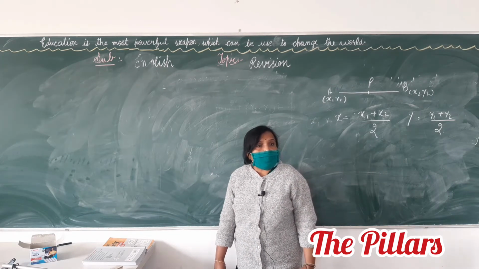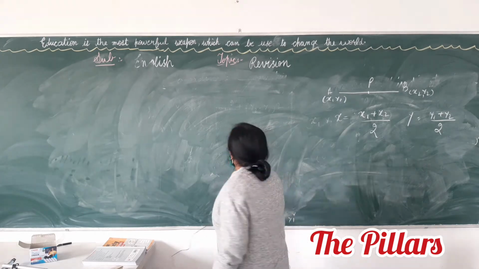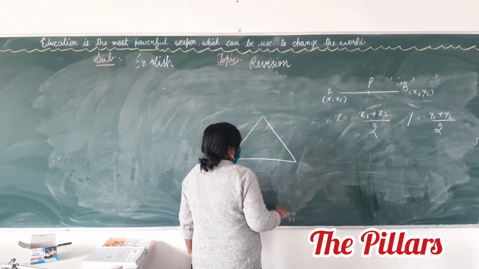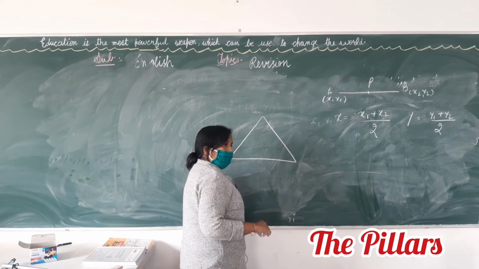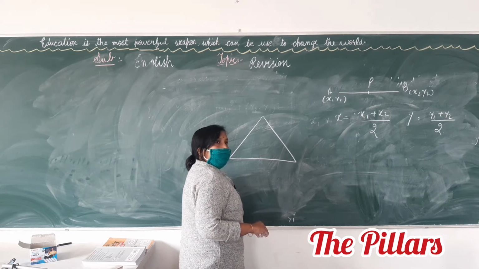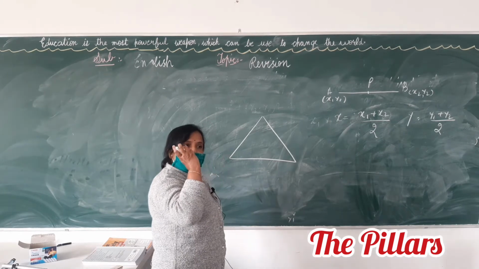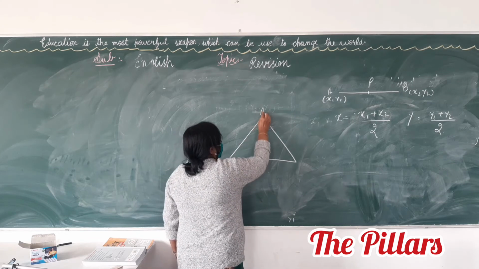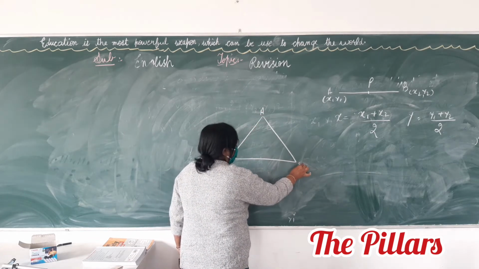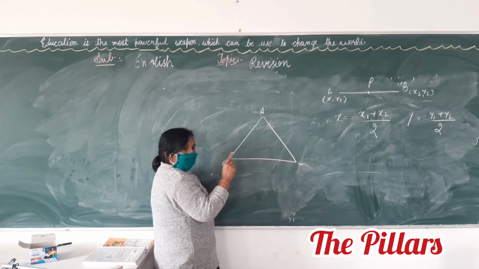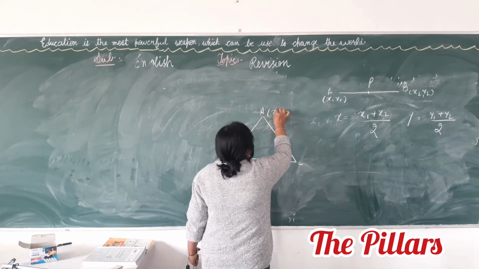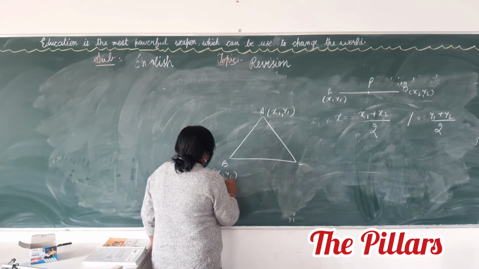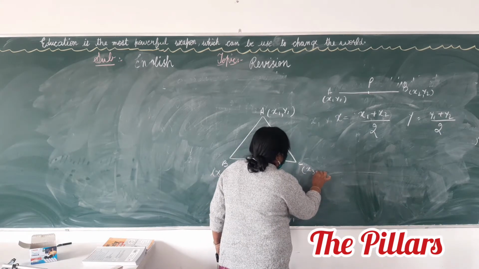Centroid. First define what is a centroid. Tell me. A centroid is the center of the circle circumscribing a triangle, or divides the median in the 2:1 ratio. Sit down. See, what is a centroid of a triangle? Look onto the board here. A, this is a triangle, B and C. Right? Please make this triangle in your copy. The coordinates of A are x1, y1. The coordinates of B are x2, y2. And the coordinates of C are x3, y3.